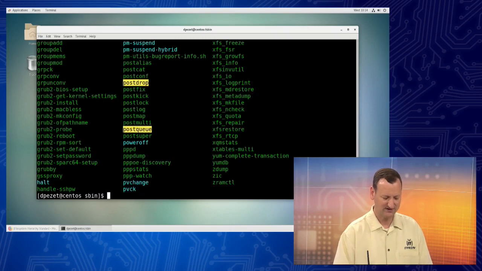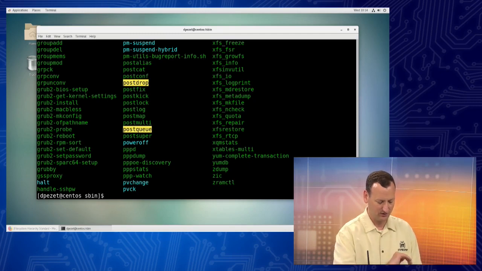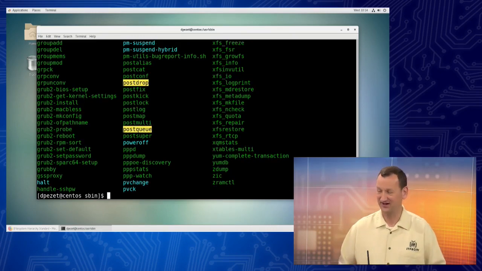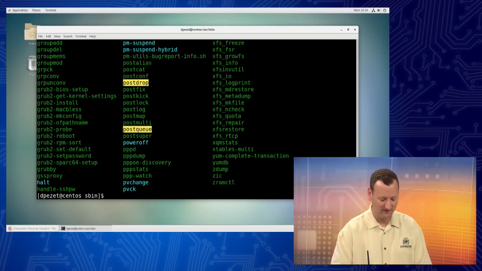And I can take a look inside of there, and I see a bunch of executables, right? So here's these system binaries and libraries. So there it is. And then I can go into /usr/sbin, and I can take a look, and I see a bunch of files and binaries. If you're a sharp observer, you might notice that they're the same, right? I'm seeing the same files in both folders, and that's because